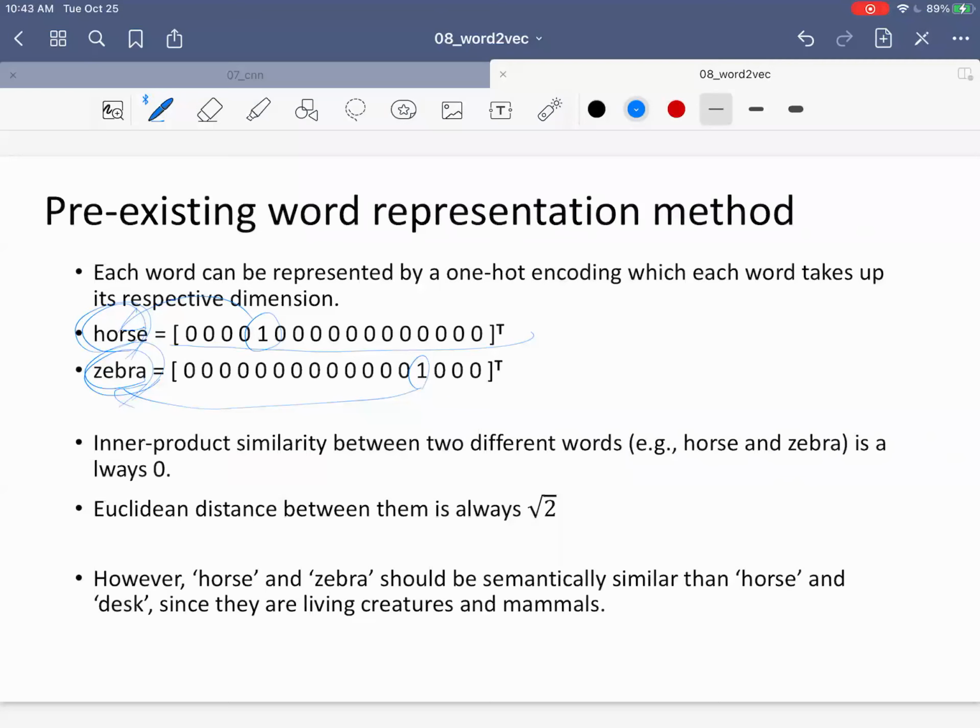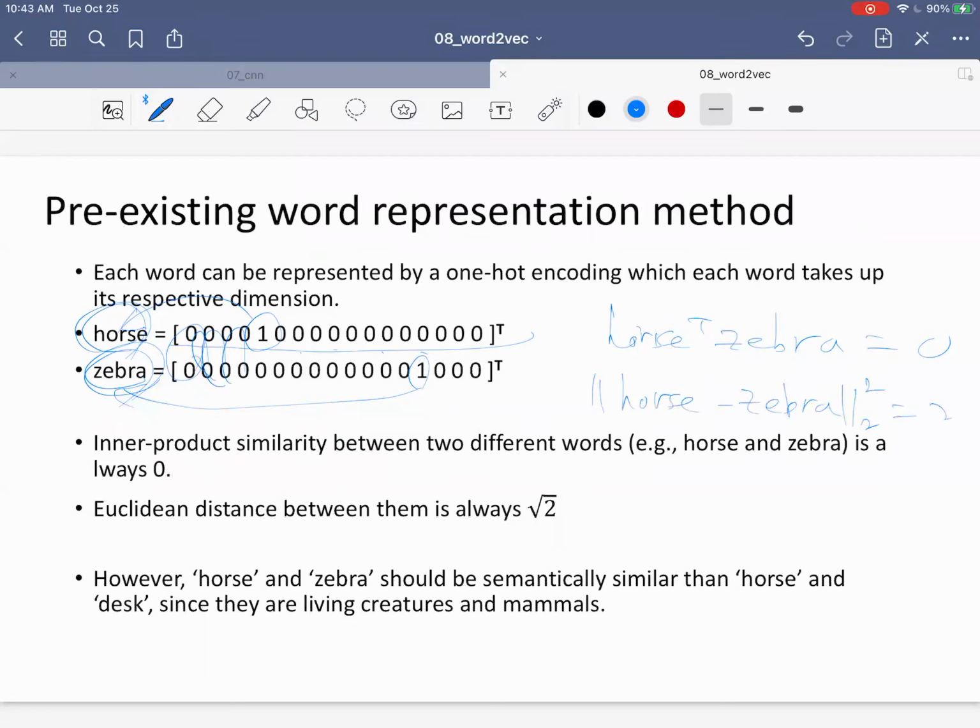If you calculate the inner product between horse and zebra, what is it? It is 0. If you multiply every single dimension and then sum it all up, it'll be simply 0. And the Euclidean distance between horse and zebra